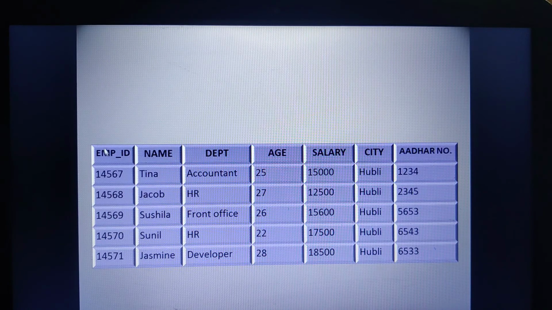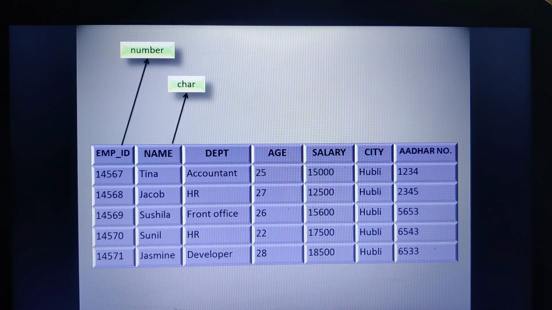But whenever you are creating the field names, it is very important to mention the data type also. Now looking at this data, what is the data type of an employee ID? You can say it is a numeric data type, so we use the number data type. Understood? Look at the name. It is completely alphabets, so you go for character, or you can also go for varchar. Similarly for department, I can go for character.